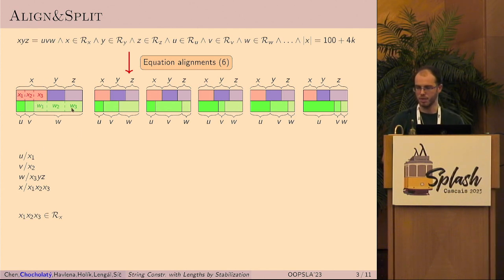Each of the case splits need to be handled separately. Note that we generated here 6 case splits. That's too much to use this algorithm alone, therefore the combination. But for the first case split that is generated here, we note this equation alignment with substitutions which we append to the formula, and